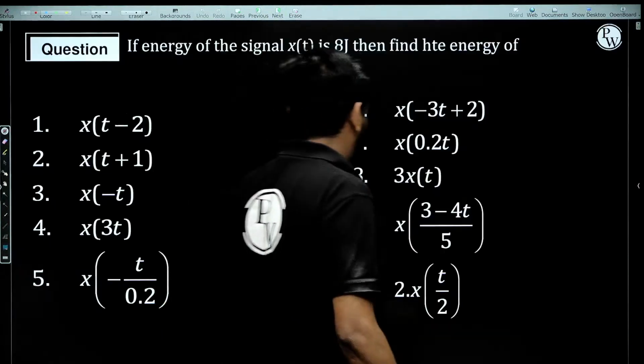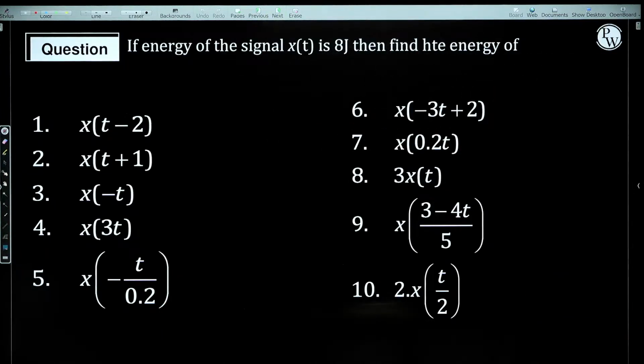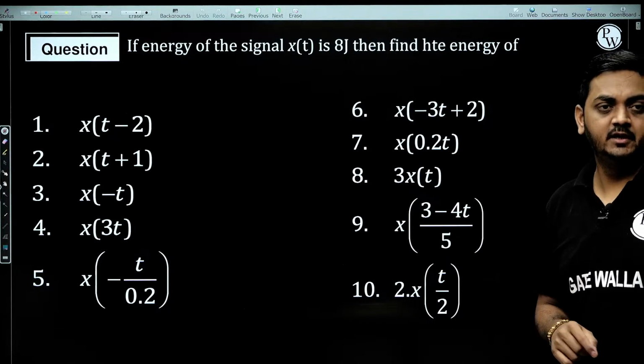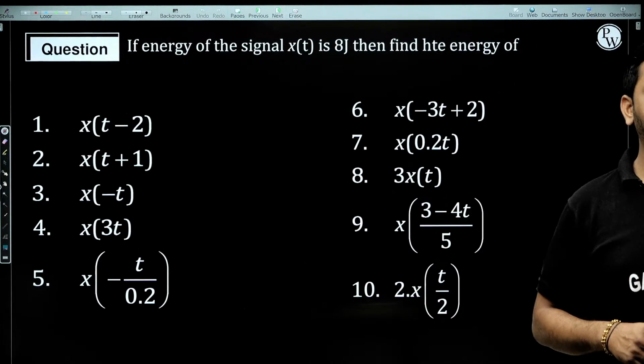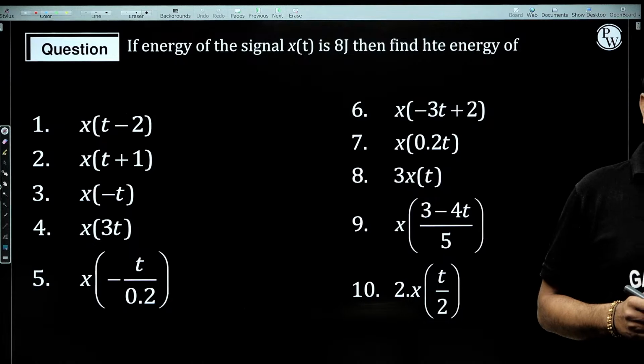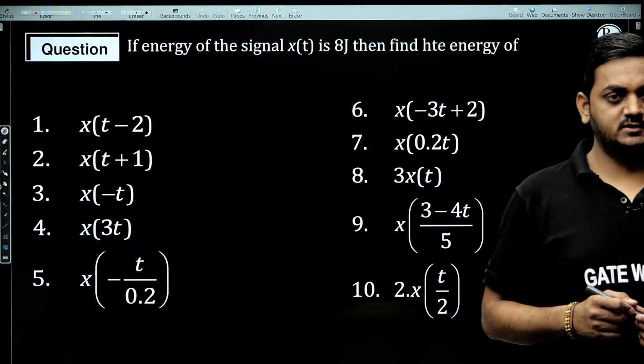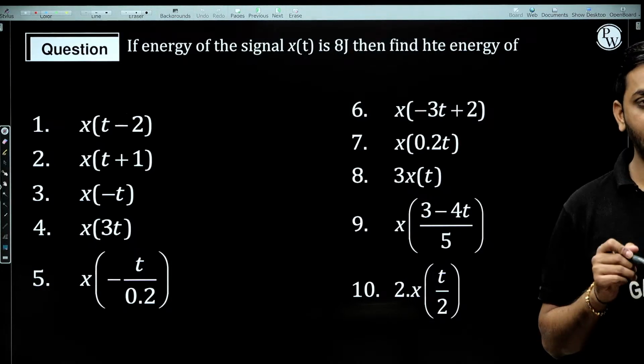Okay, so let us solve all 10 questions. The question is, if the energy of the signal x of t is 8 joule, then find the energy of the given signals. So total 10 questions,